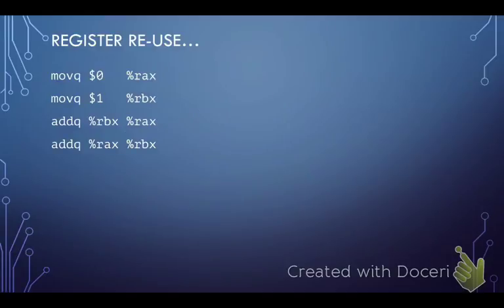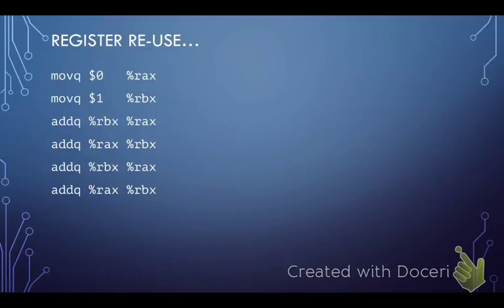Now we can do the same thing again. This time we'll take the value in RAX and add it to the value in RBX and store the value in RBX. So if this was N0, this was N1, and then we put N2 into RAX, we now have N1 and N2 in RBX and RAX. We add them together again, and we get N3. Now, you might have observed that, well, we'll just go on from here. By alternating these, we can continue this pattern.